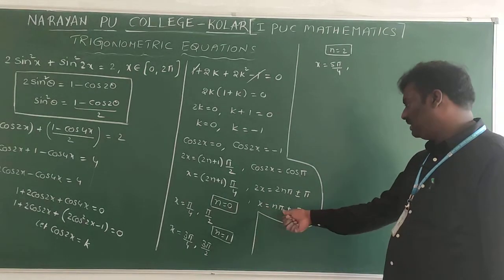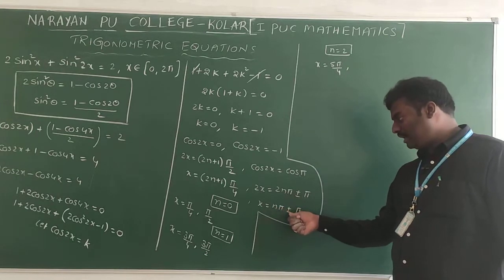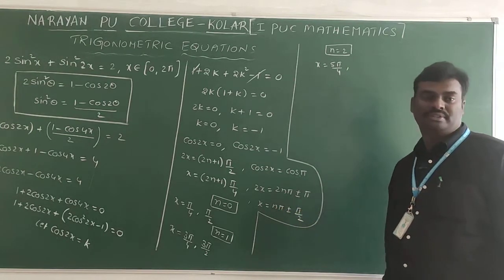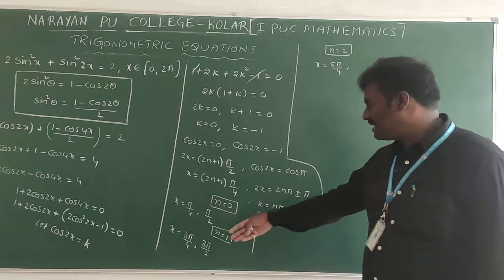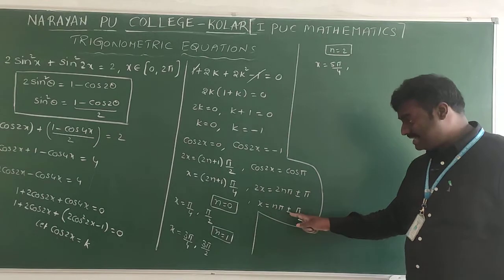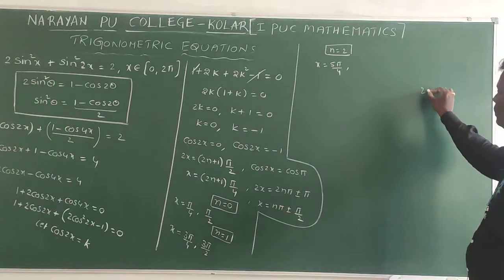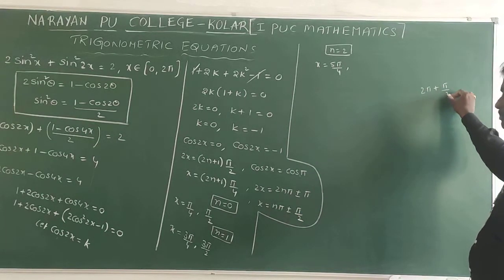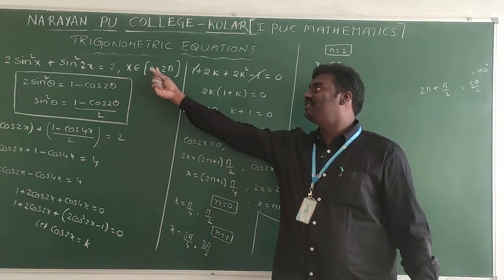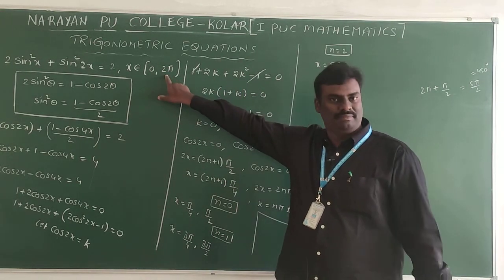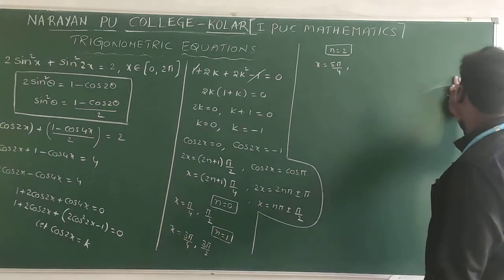Okay, because once again n plus 2, 2 into pi, 2 pi, 2 pi minus pi by 2. That is nothing but 4 pi minus pi, 3 pi by 2, which is already given. If you take plus here, what is the problem? 2 pi plus pi by 2, 2 into 2 pi, 4 pi, 4 pi plus pi, 5 pi by 2. 5 pi by 2 is nothing but 450 degrees. But 450 is not in the range of 0 to 2 pi. 2 pi means 360. That's why this is also not possible.